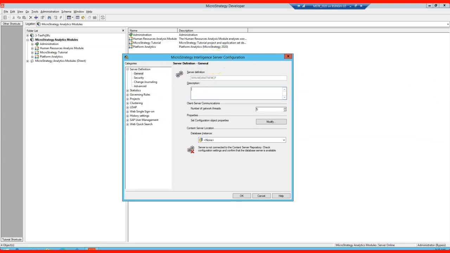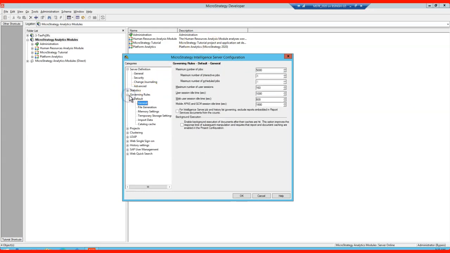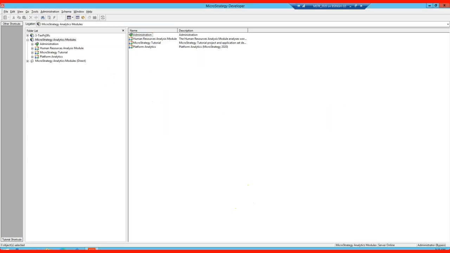Go to the governing rules. You can see the user idle time settings and how many jobs can run concurrently. So we have a few options here also. The maximum number of user sessions is 160. I'm going to change it to only one, so let's see if we can connect with our second user or not. That's how it's done.